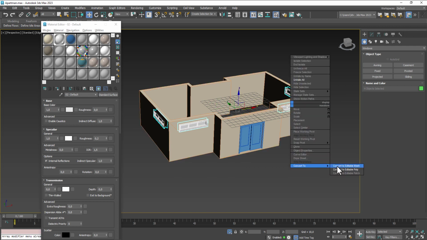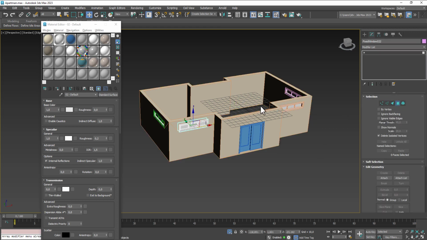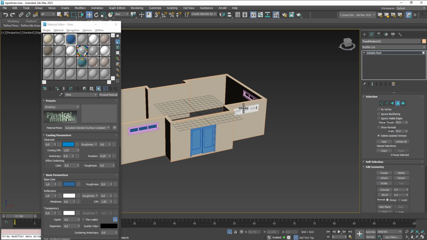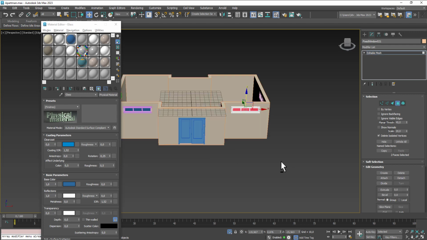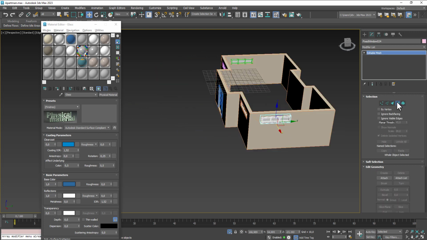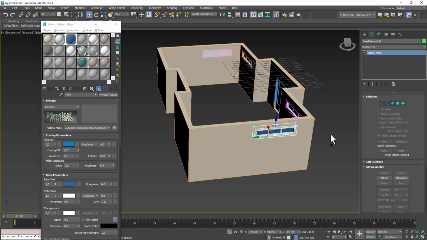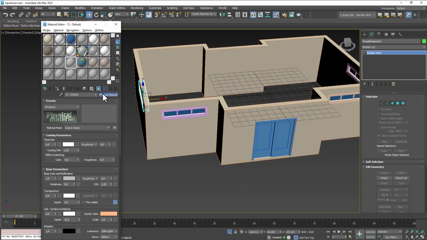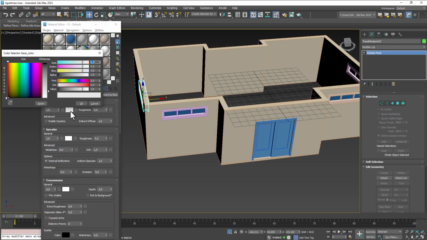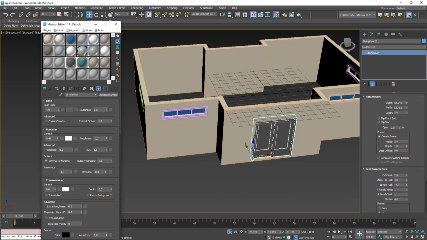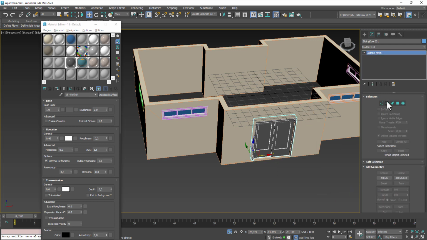right click, convert to editable mesh, and this one, glass, and this one, glass, and this one, glass, and this one, glass, and maybe we can add another material, maybe just a bit dark, yes, and right click, convert to editable mesh, yes,